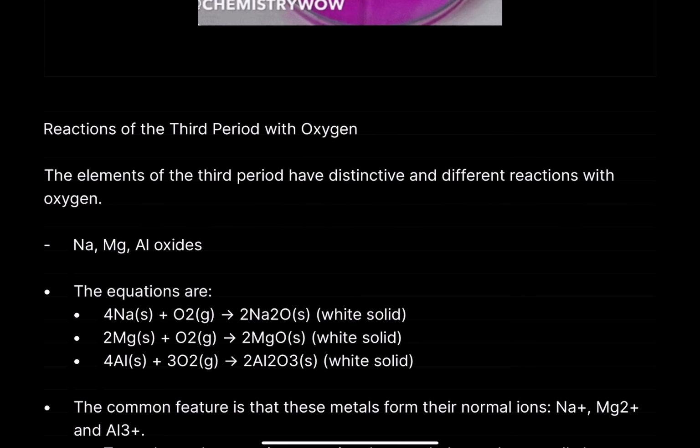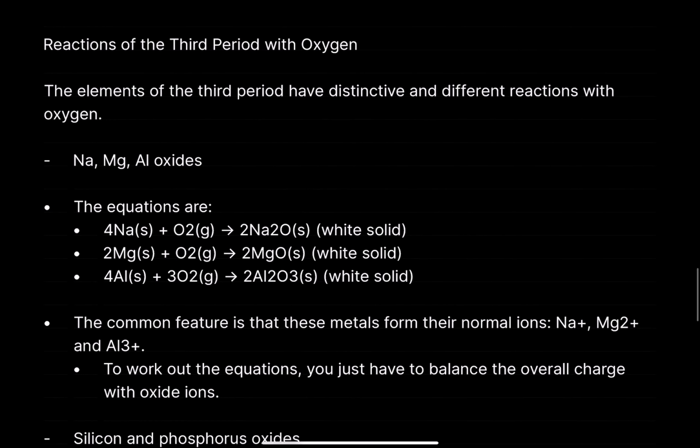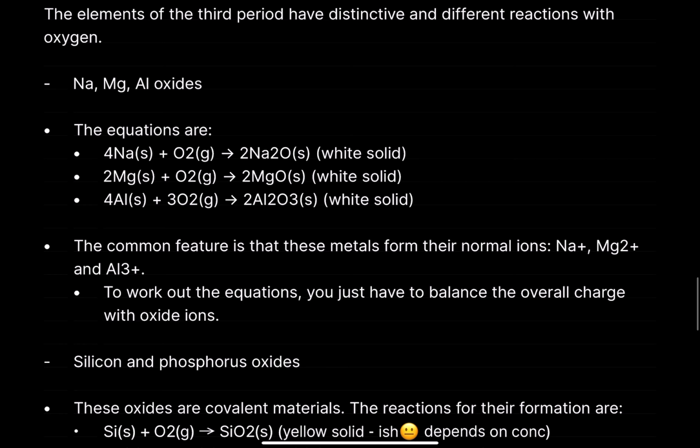I don't think I've gone through every single one of them here; at least Seneca doesn't go through them. I think there's going to be a part 2 to this video where I'll go through the other oxides. You do need to know more oxides than this, but it's just 3 of them, right? So the elements of the third period have distinctive and different reactions with oxygen. So sodium, magnesium, aluminium, and their oxides. So the equations are